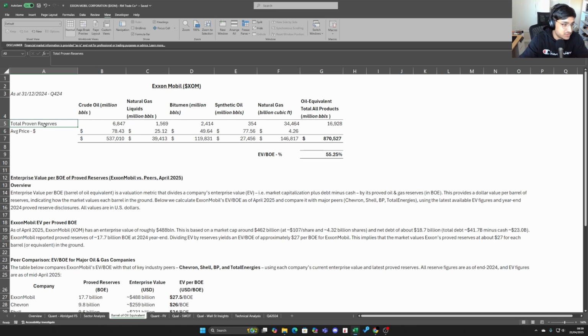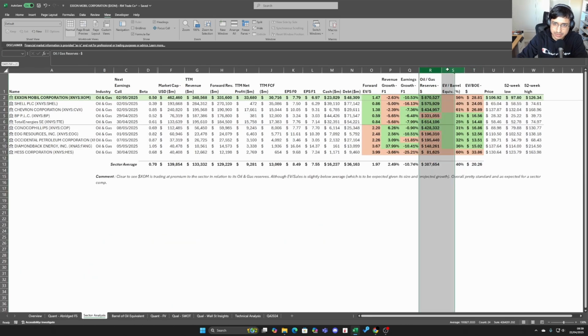And so all of those reserves that have been proven, so aka they've been seen through different technological devices, all of those reserves, I personally then multiply by the average realized price in the previous year. So during 2024, these were the average realized prices for each of these segments, and then you get a total barrel of oil equivalent value. So here you can see it's 870 billion, and that's essentially what these two figures are here.